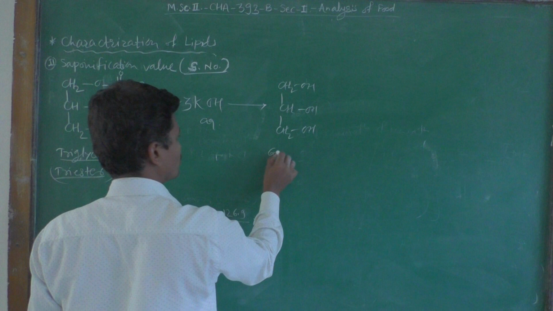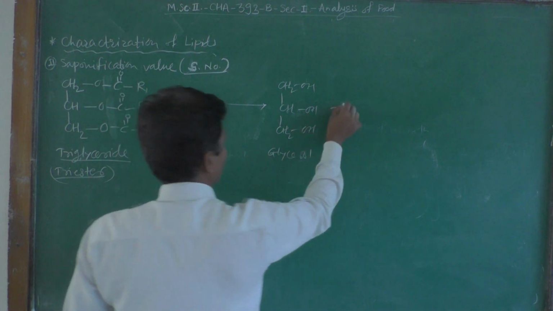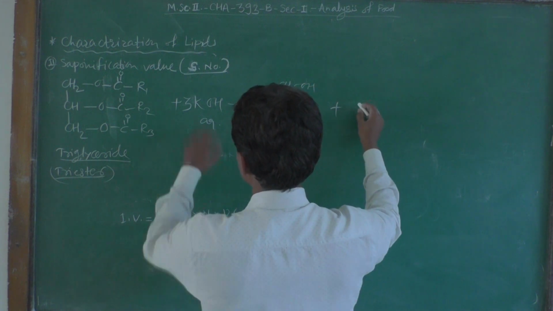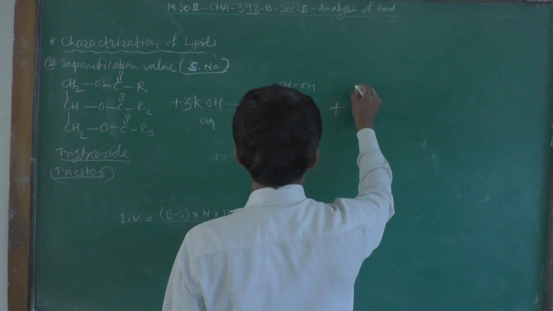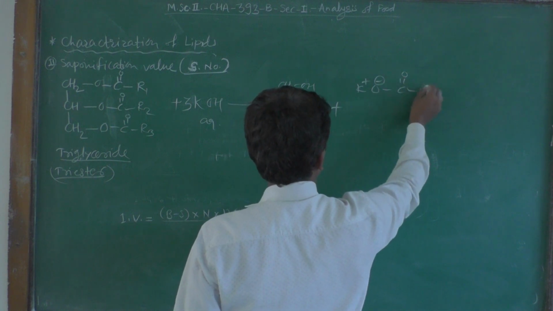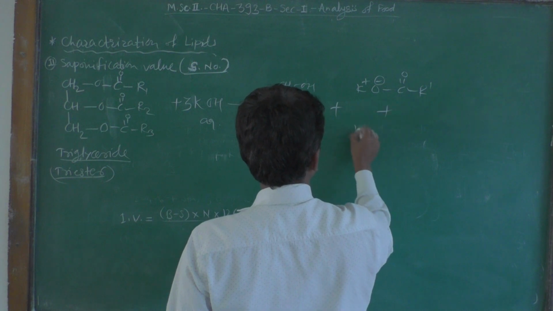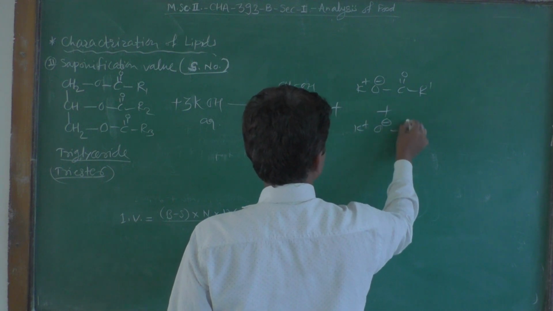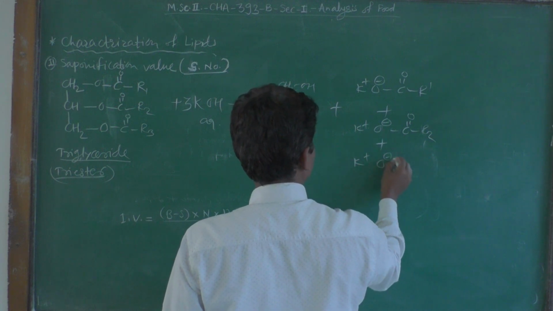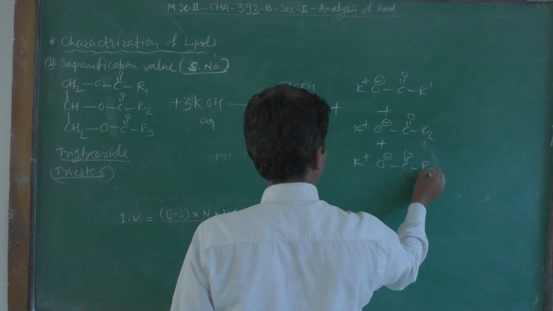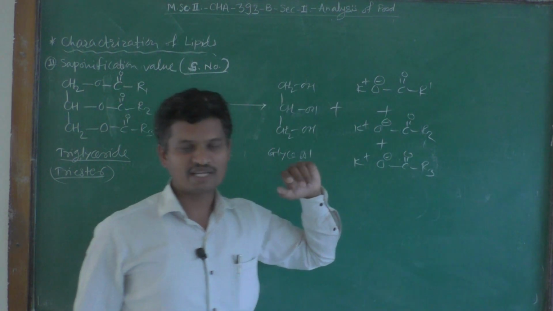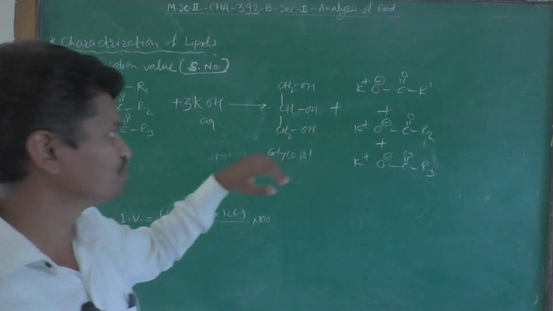So this glycerol molecule will be obtained, and along with that the potassium salts of these fatty acids: K+ O- COR1 plus K+ O- COR2 plus K+ O- COR3. So this is the mixture of potassium salts of long chain fatty acids which are derived from this